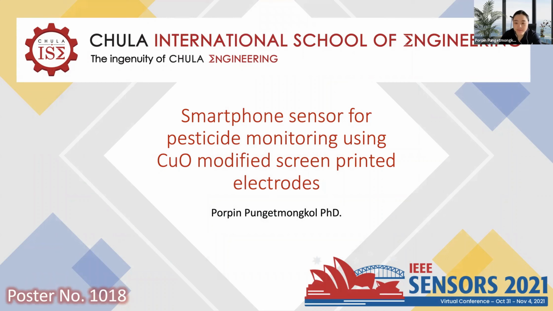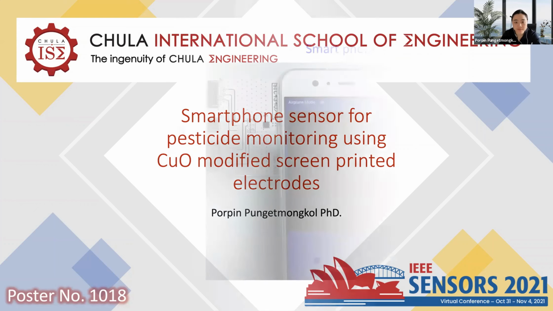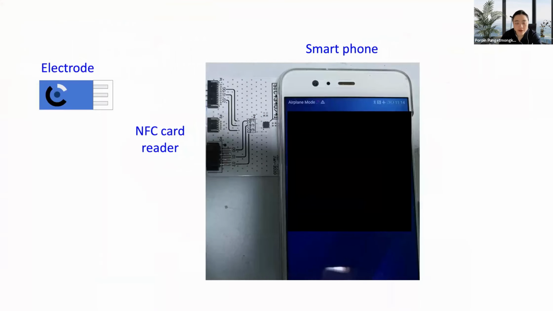Today I'm going to present my poster at IEEE Sensors. My poster number is 1018 and here's the topic: smartphone sensor for pesticide monitoring using the copper oxide modified screen printed electrode. So in this work, we are going to deliver a real-time and portable pesticide sensor or pesticide analysis